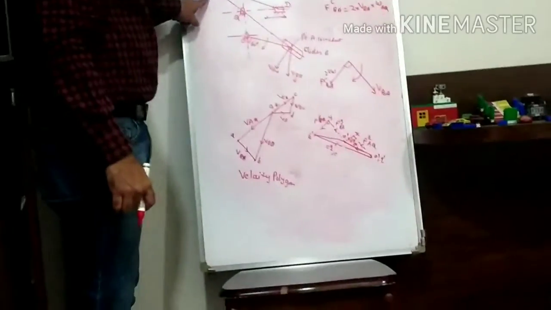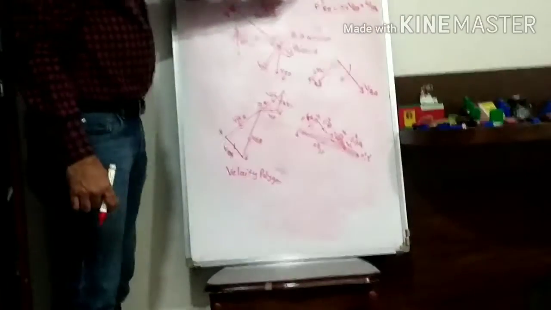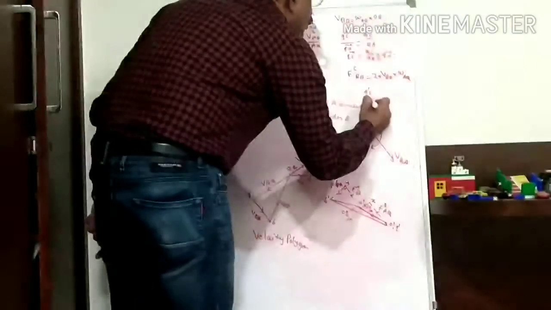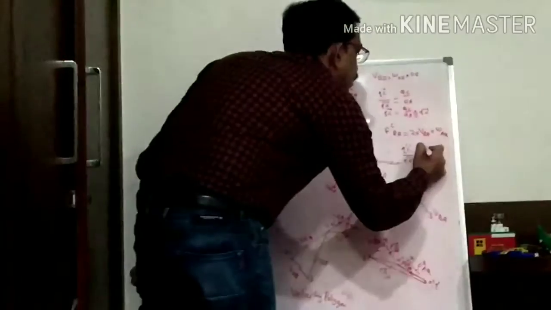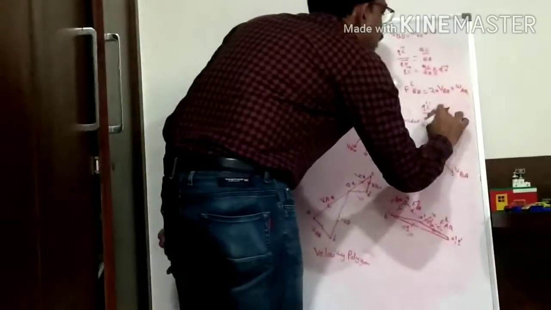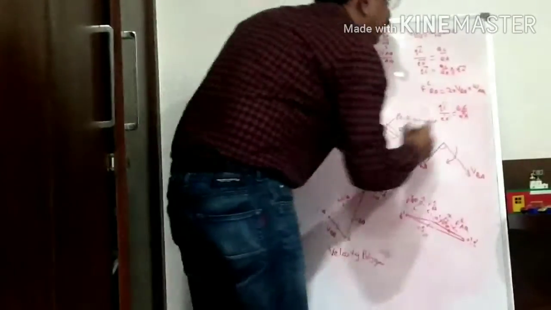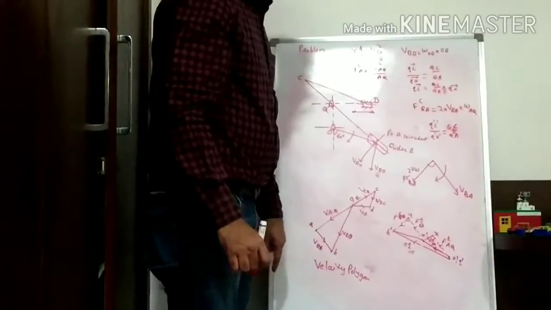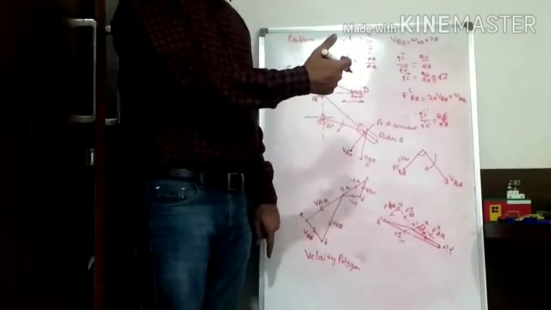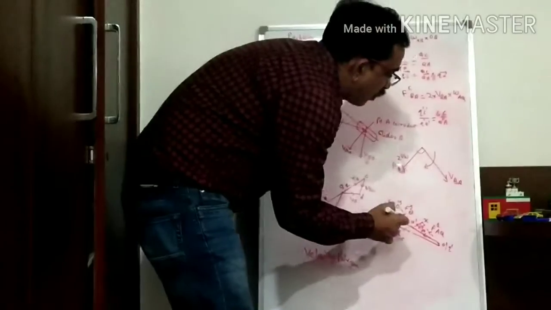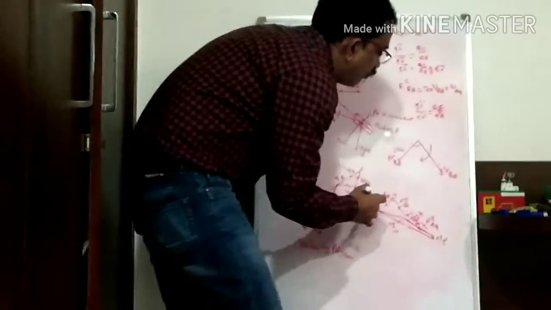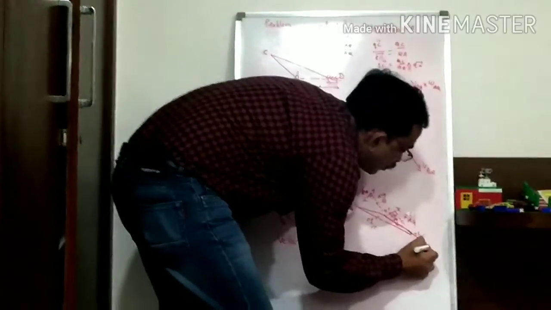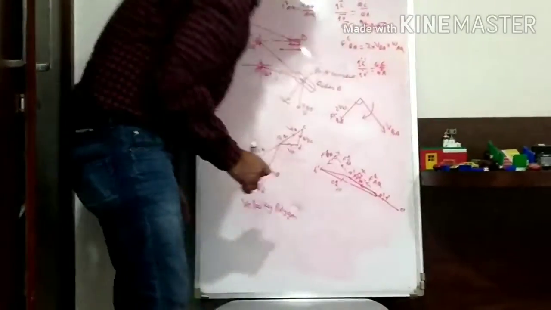Then we have to find out the position of C. Then again we have to use the same ratio, that is Q dash C dash divided by Q dash A dash is equal to capital QC divided by capital QA. Okay. So from that we will get the value of Q dash C dash. Then here we have to locate, from the distance Q dash C dash, the position of point C dash.